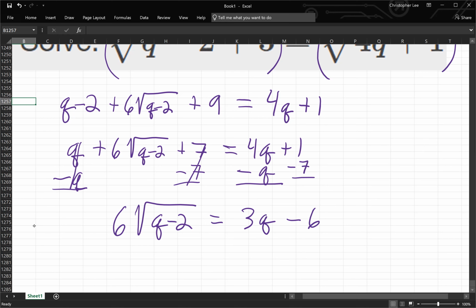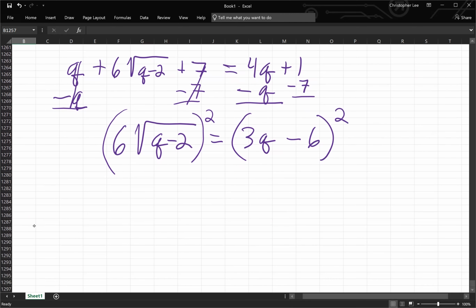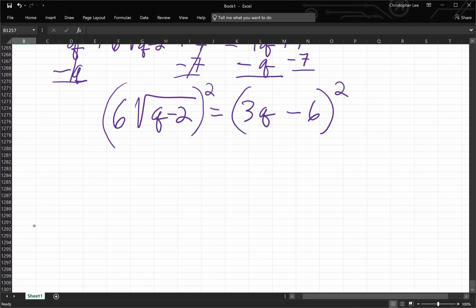We could divide by the 6, or we could just square the whole thing. I think I would rather square the whole thing. Make it just a little bit easier, right? Squaring this is going to become 36, because we know 6 squared is 36, times the Q minus 2. Equals, and then you already know on the other side,